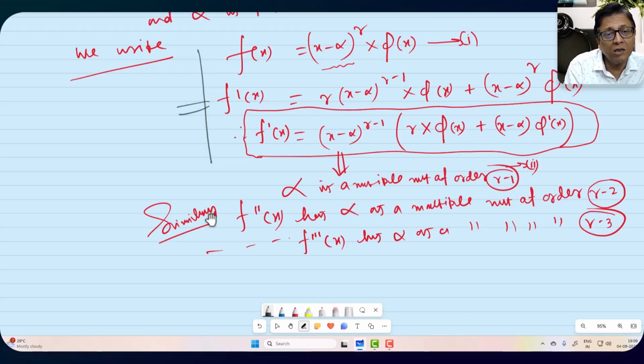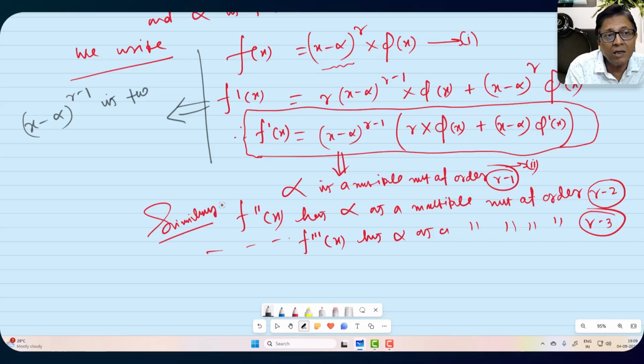If you observe here, then (x minus alpha) to the power r minus 1 is going to be the HCF between 1 and 2. Am I clear? So this implies that (x minus alpha) to the power r minus 1